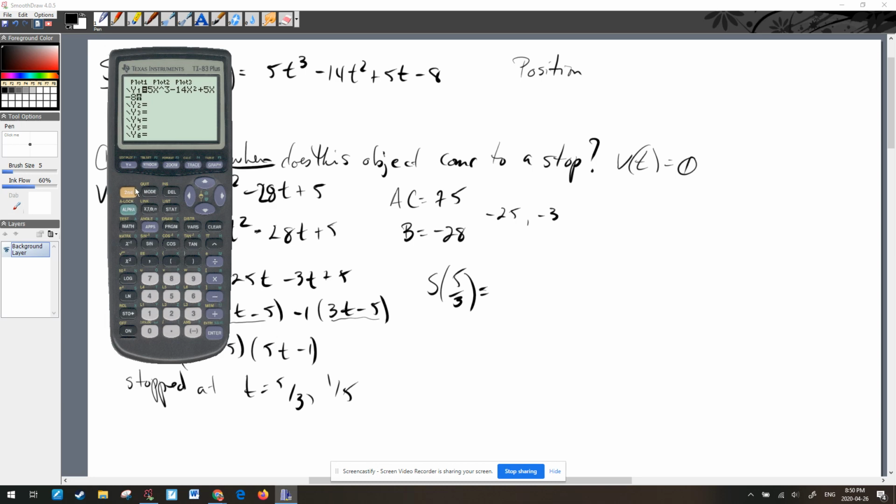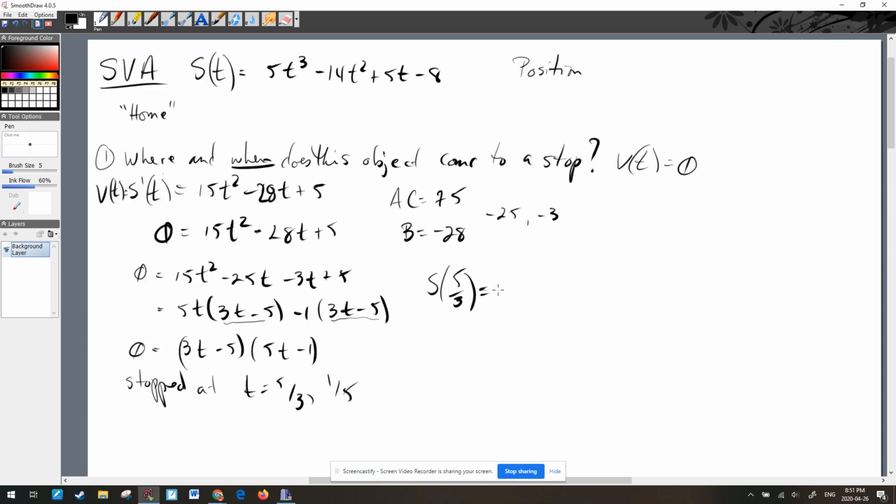And I'm going to ask it to ask me for the x values, go into the table. And the x value I want to evaluate is 5/3. So 5/3 is going to be equal to negative 15.41. So its position at 5/3 is negative